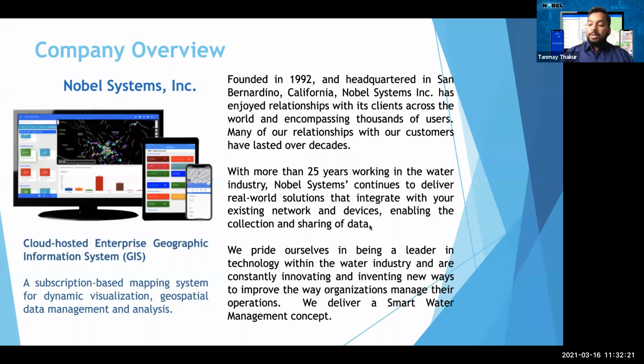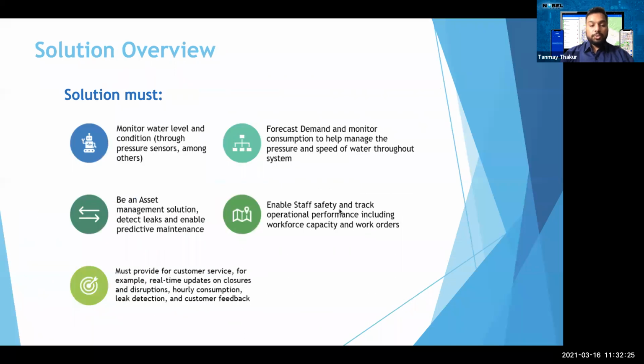The main product we have is called GeoViewer, and GeoViewer has several solutions, which I will go through point by point. Basically, it has a water monitoring solution for water levels, pressure, and water quality.